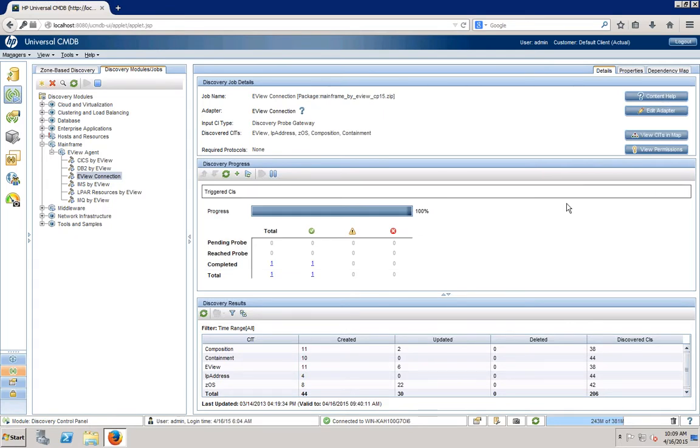So currently, we're looking at the UCMDB interface in the Discovery Control Panel. On the left-hand side, you will see the folder for mainframe. This is the mainframe discovery adapter. This is installed as part of any content pack installation that's done with UCMDB and includes the different discovery jobs